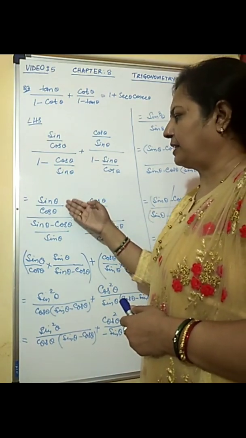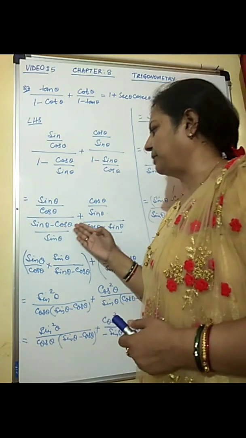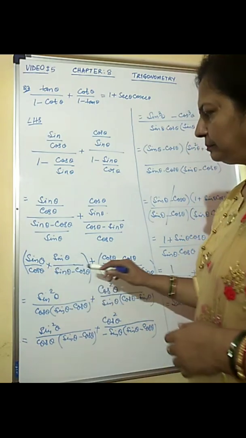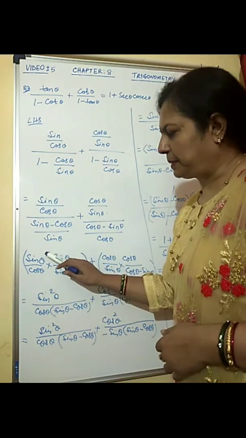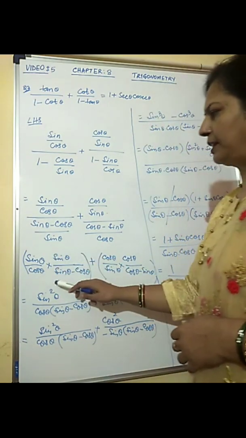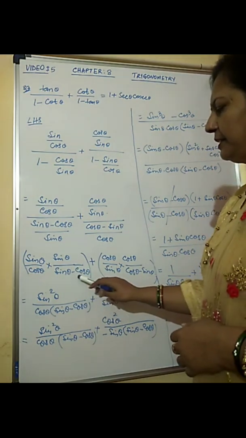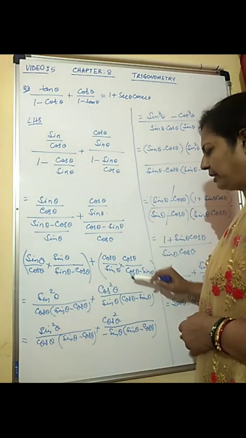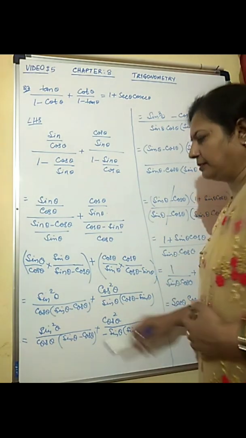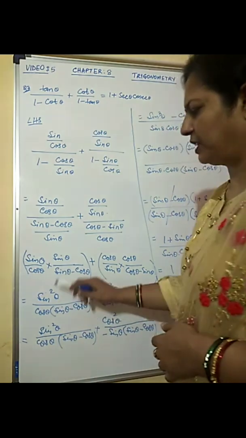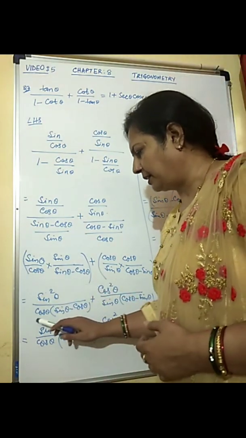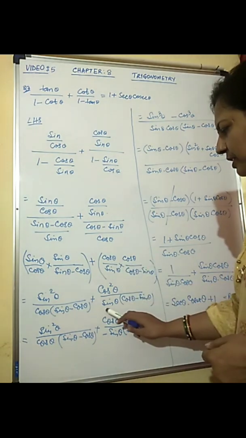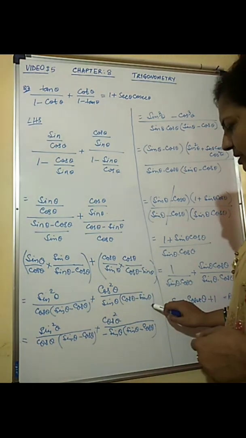Now clearly you know that this is numerator, this is denominator. And how do we divide sin theta by cos theta divided by sin theta minus cos theta by sin theta? So this will go in the numerator. The terms come out like this: sin theta by cos theta into sin theta, and upon sin theta minus cos theta, plus this one will be cos theta by sin theta into cos theta in the numerator, the rest in the denominator. And then on simplification you will get terms like sin squared theta by cos theta into sin theta minus cos theta, plus here this will be cos squared theta by sin theta into cos theta minus sin theta.